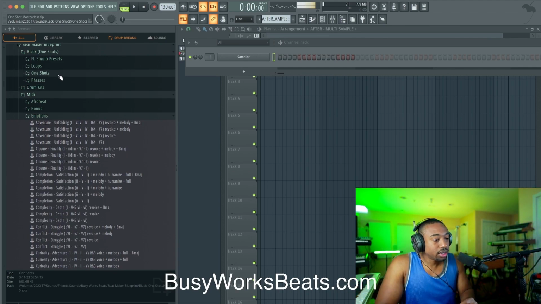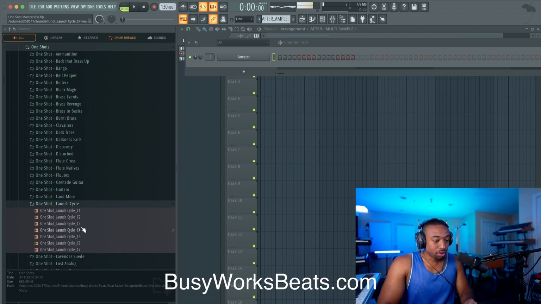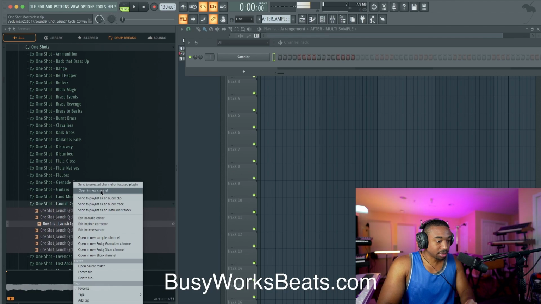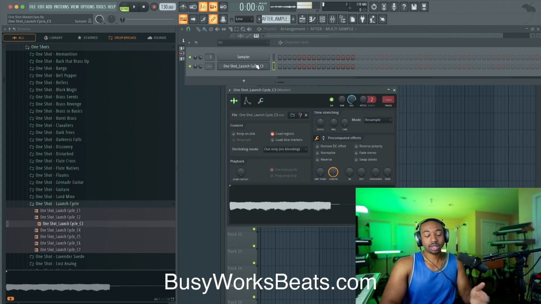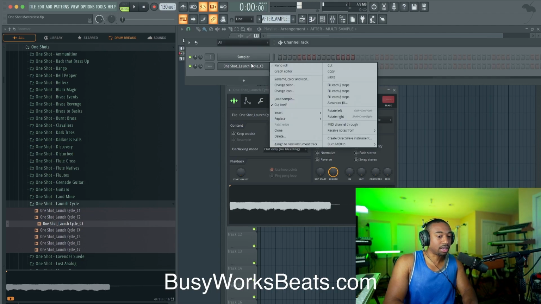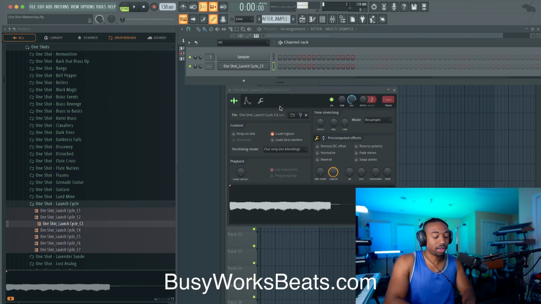So what we're going to do here is use a one-shot. And most people use one-shots like this. They'll load up a sample. So let's right click, open this up in a new channel. And let's say you want to stretch this across the keys. If you're a beginner, most people will just play the notes, which is basically the same thing as just right clicking, going to cut itself. So now you can overlap the notes.